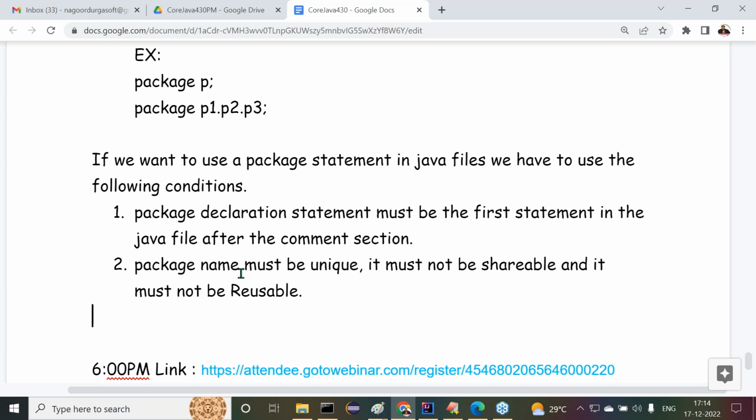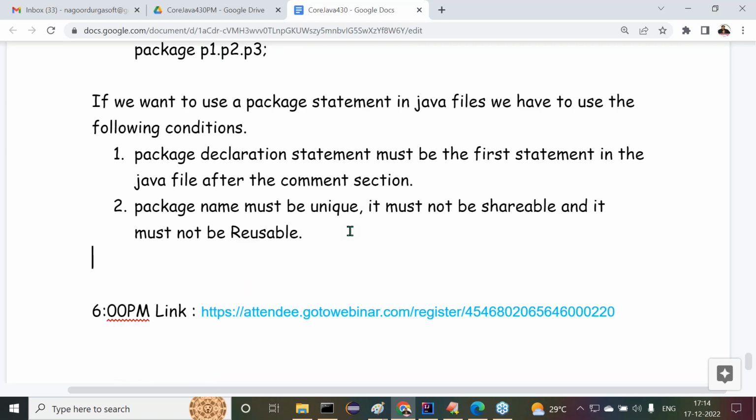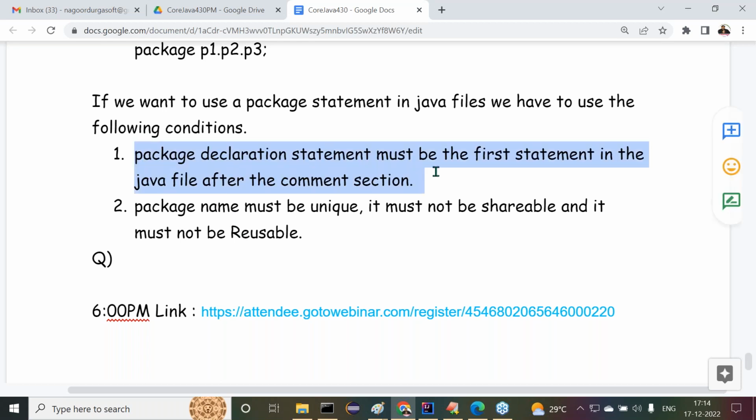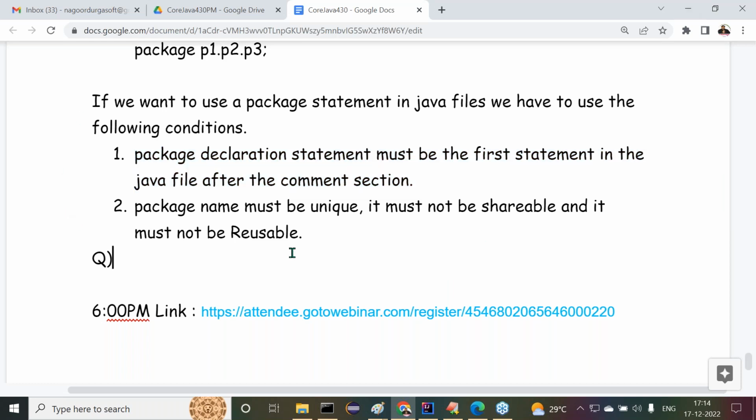All right, sir. Now, after this, I'm asking one interview question to you, try to answer it. One important interview question I'm asking there. Especially read this first point here. Package declaration statement must be the first statement in a Java file after the comment section. Okay, now read this first one. Now I'm asking this question. Now try to answer it. The question is